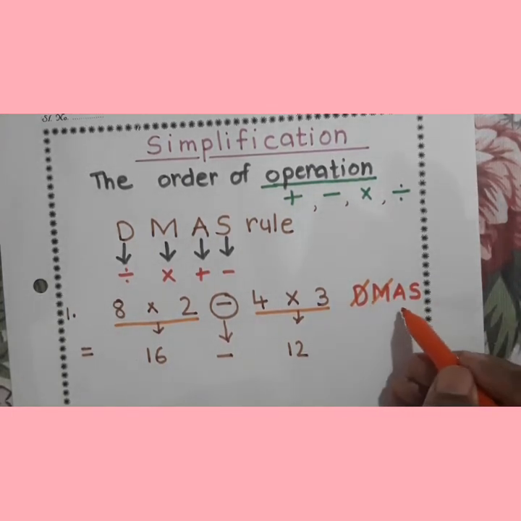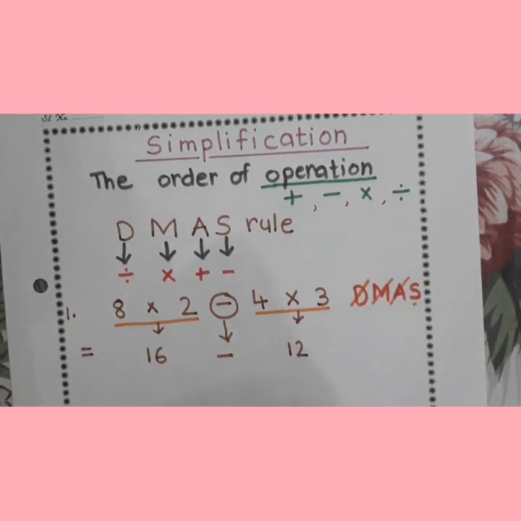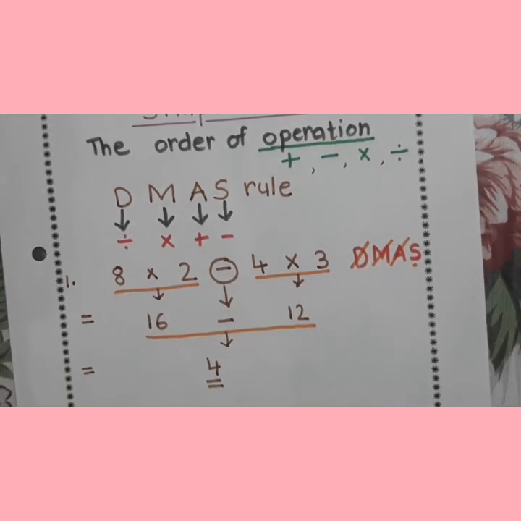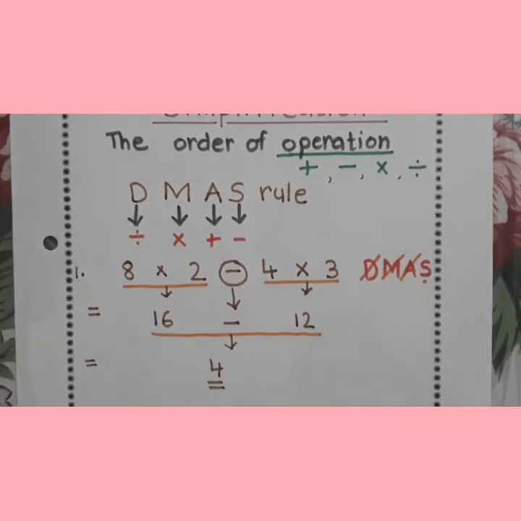Now do we have addition in the question? No. So we are finally left with subtraction. So just underline whatever we are solving. We will be underlining so that we remember what we are doing. Subtract 16 minus 12. What's the answer, children? It is 4. Double underline and your work is over. Please follow each and every step carefully. It's very easy. You only have to do your work with little bit of concentration.